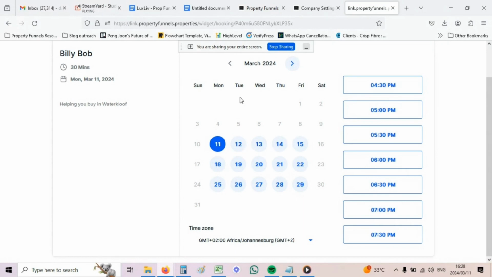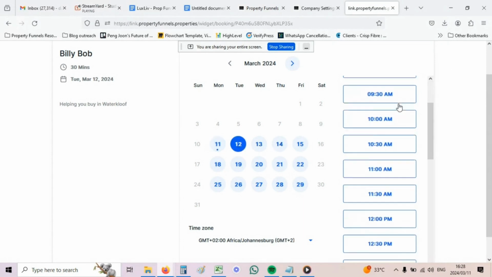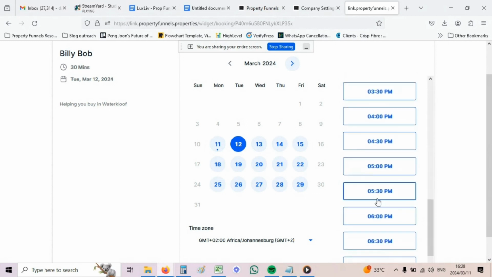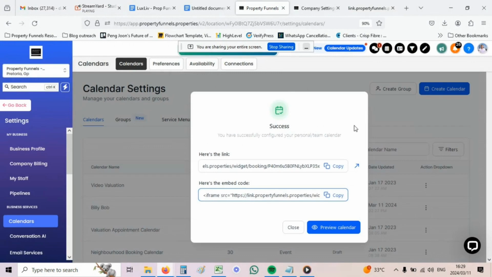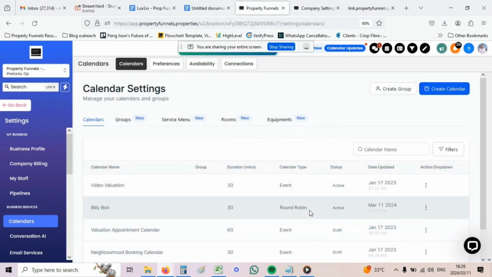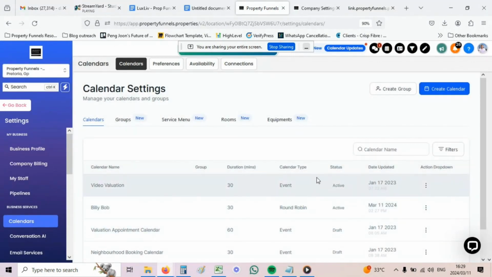So if I select, for example, Tuesday the 12th, I can select any one of these times. So for example, if I want a 5:30 p.m., I'm going to enter my details here, my phone number and my email address, and I can also enter any additional information too, as well as confirm that you want to receive content from the company. When they click schedule meeting, what will happen is that that appointment will be automatically assigned to you, and you will receive a notification that you've got a new appointment request, as well as the